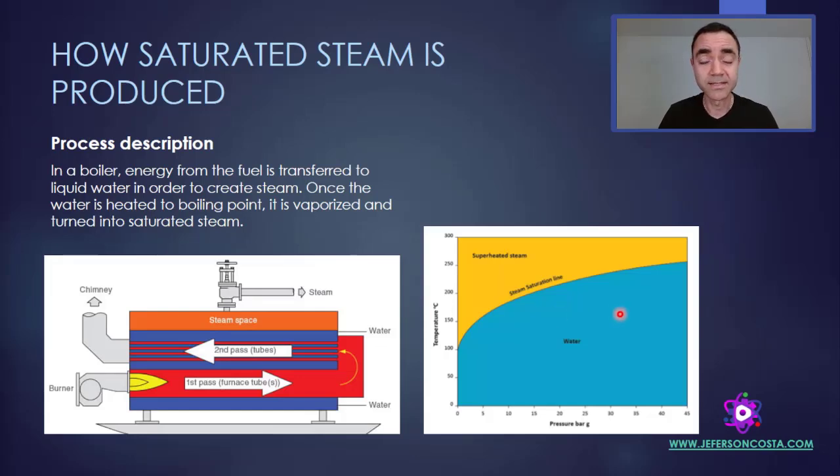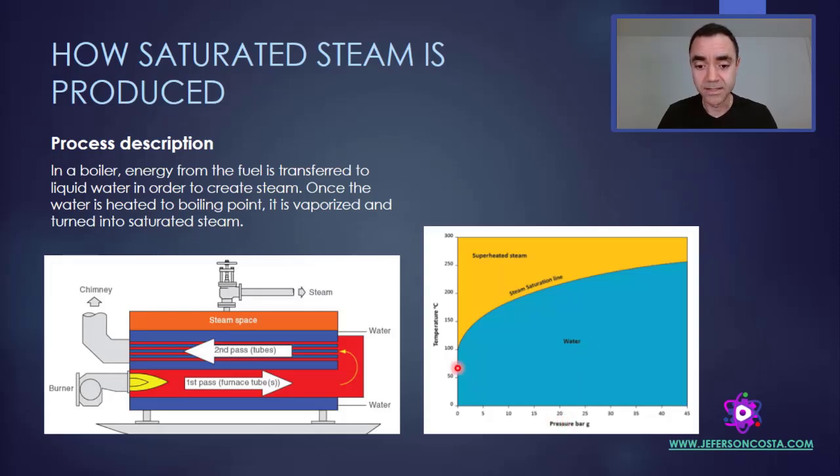The first thing is that when we are producing saturated steam, we always have the relationship between pressure and temperature. Most often, during the production of steam, we do not control the temperature of the steam. In fact, we control the pressure, because once I have the pressure controlled, I have as mandatory the temperature defined for my system.